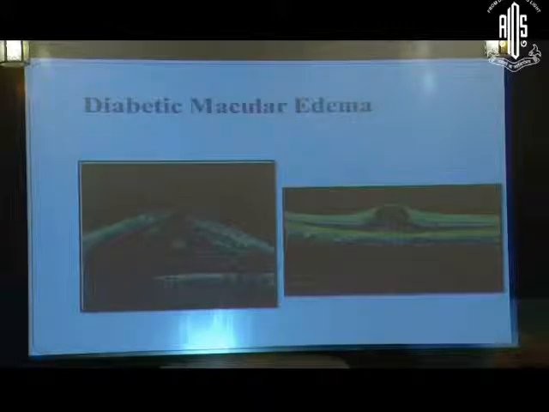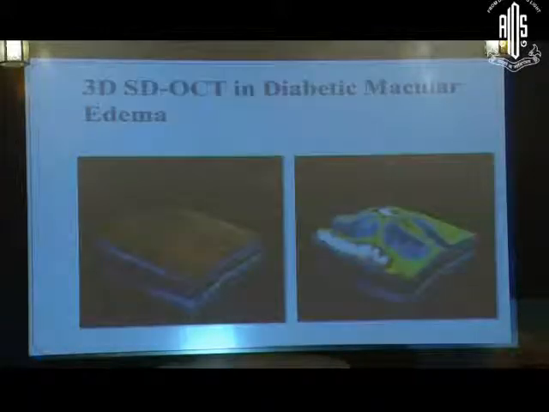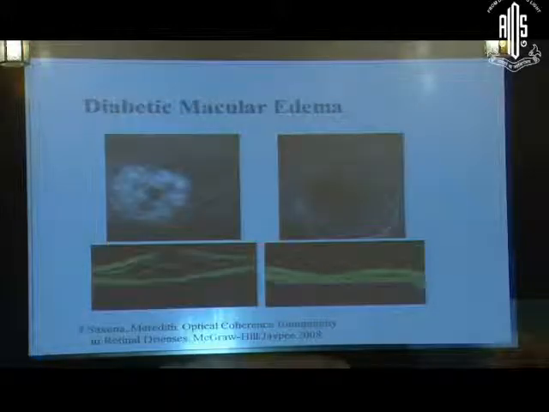OCT has also helped us in defining the serous retinal detachments, which are associated with very severe forms of the disease, or the cystic lesions which may be happening in these cases. 3D OCT along with a superimposed macular thickness map really gives you a feel of how things are going in the eye, and that is, I believe, quite helpful.